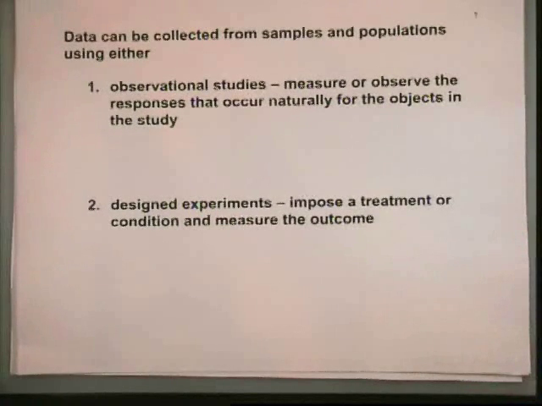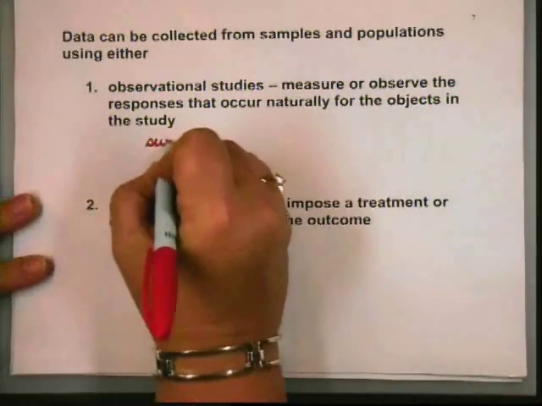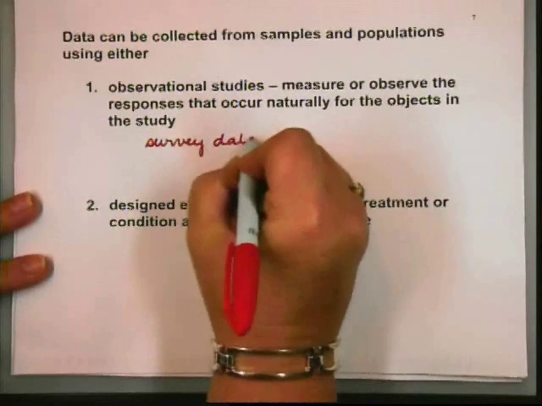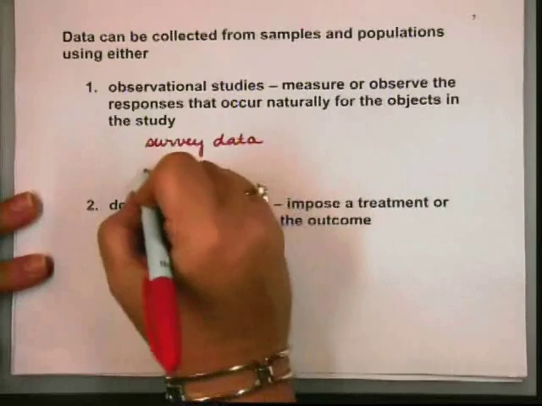We can collect data on our samples or populations using either of two types of studies. Observational studies, as we measure, observe the responses that occur naturally for the objects in the study. So observational data is, for example, survey data, things that naturally occur. I'm not imposing any condition. Stock market,